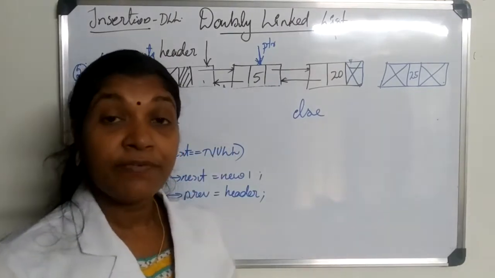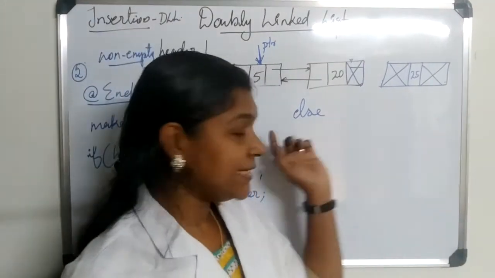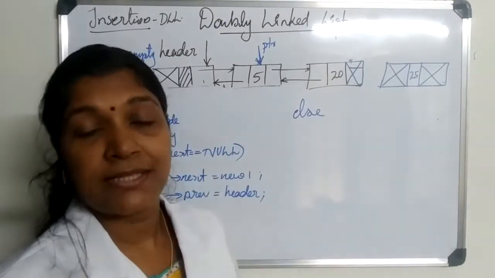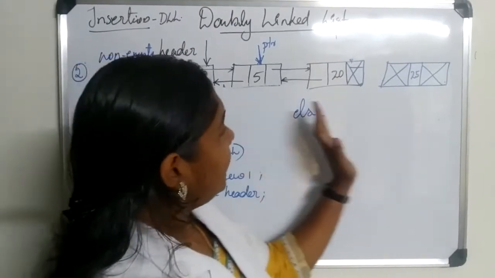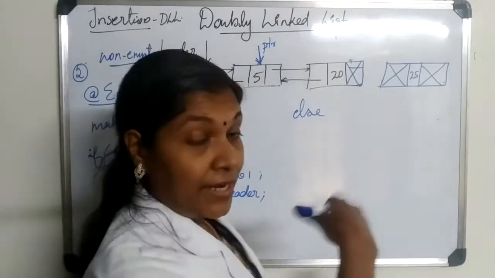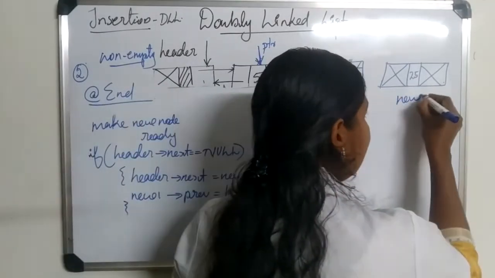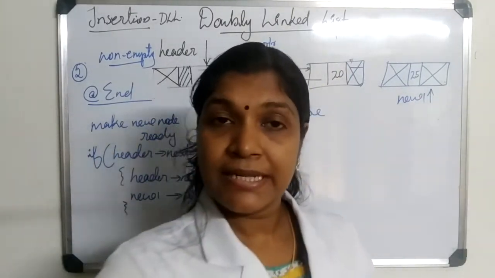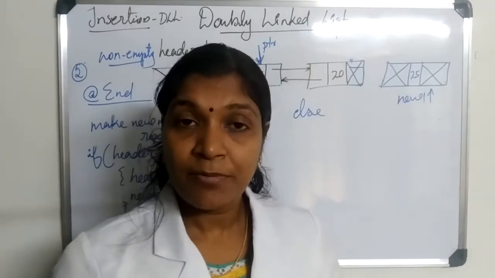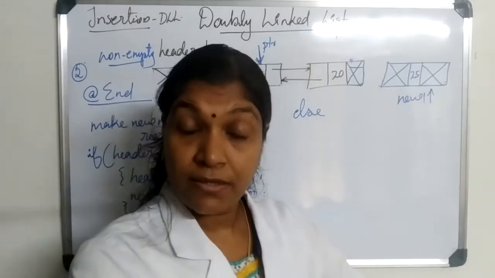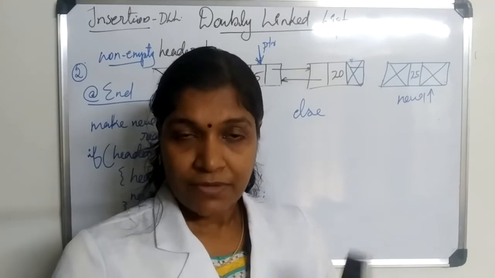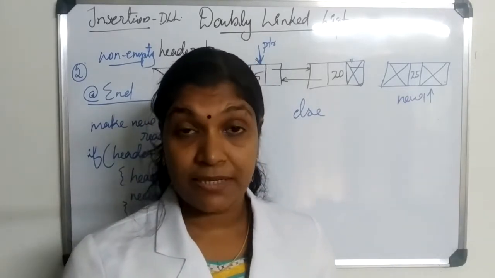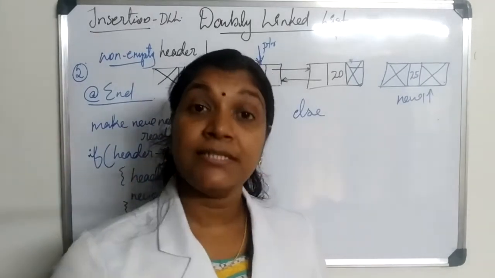So in insertion of a new node in a doubly linked list, the next case we are going to consider is the insertion of a new node at the end of an existing linked list. When we are about to enter a new node at the end of an existing linked list, again there are two cases. Which are the two cases? Insertion into an empty linked list. That is, for the first time, if we are about to perform the insertion at end into an empty linked list, at that time if the doubly linked list is empty, then also it should consider that case.